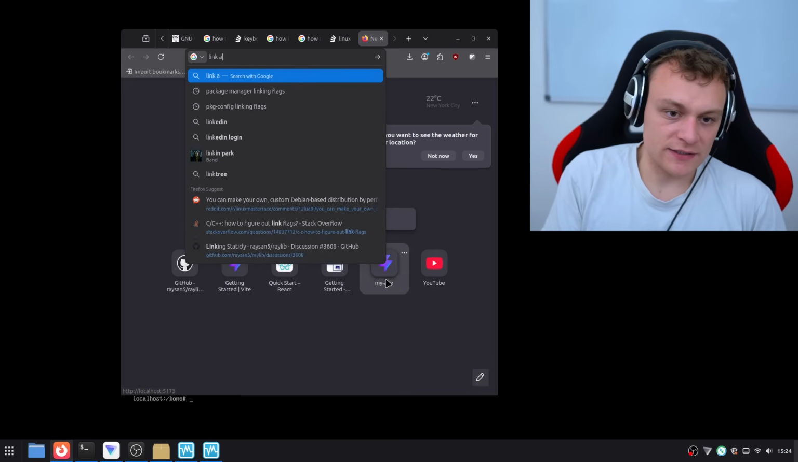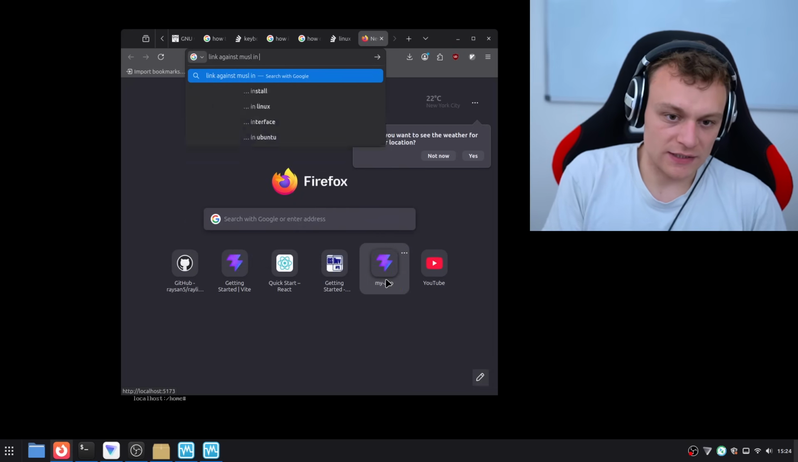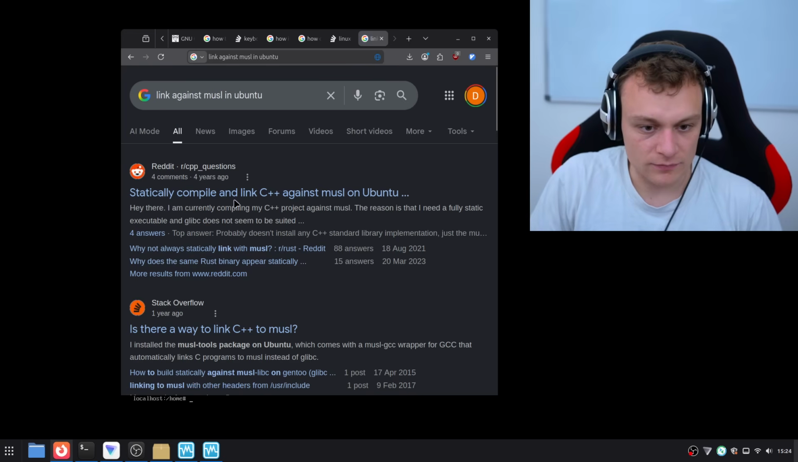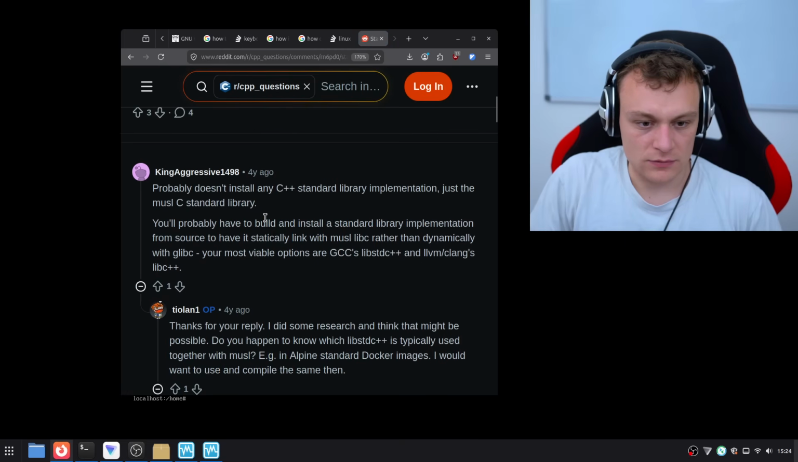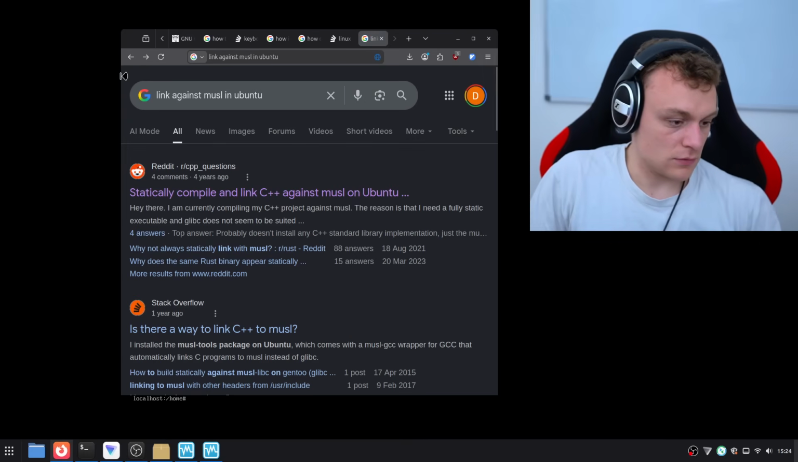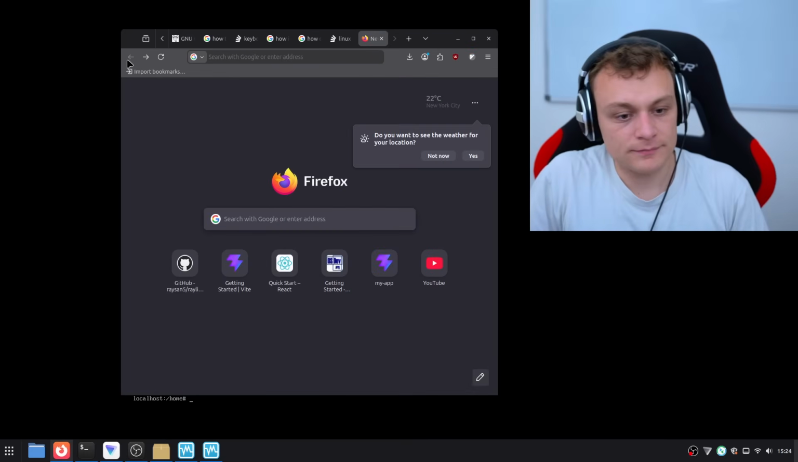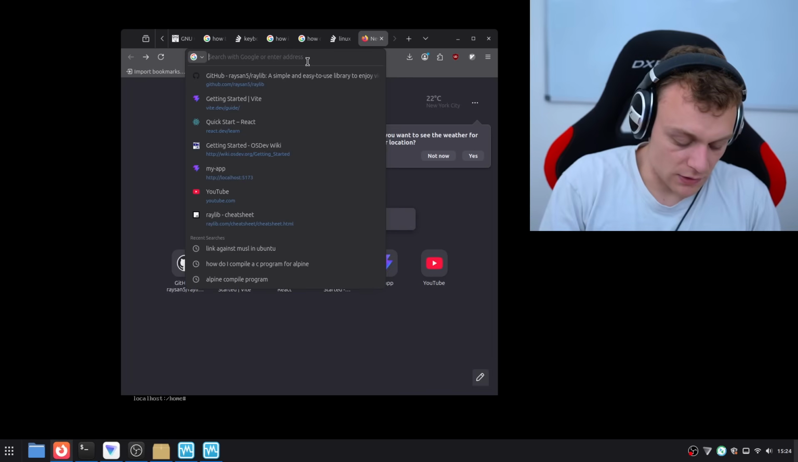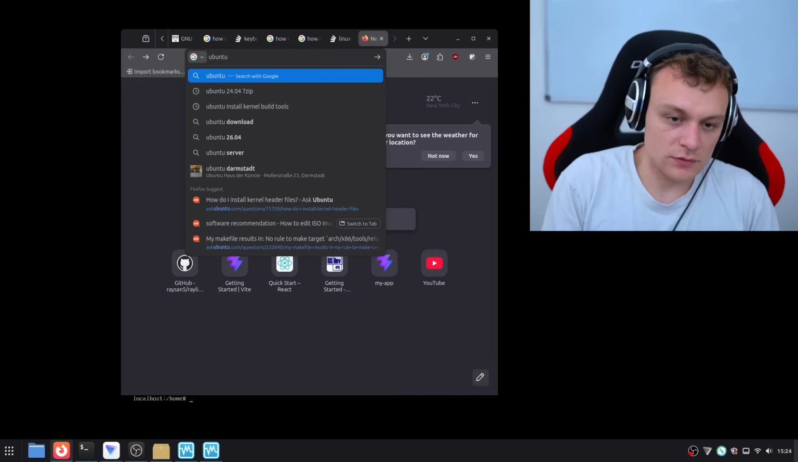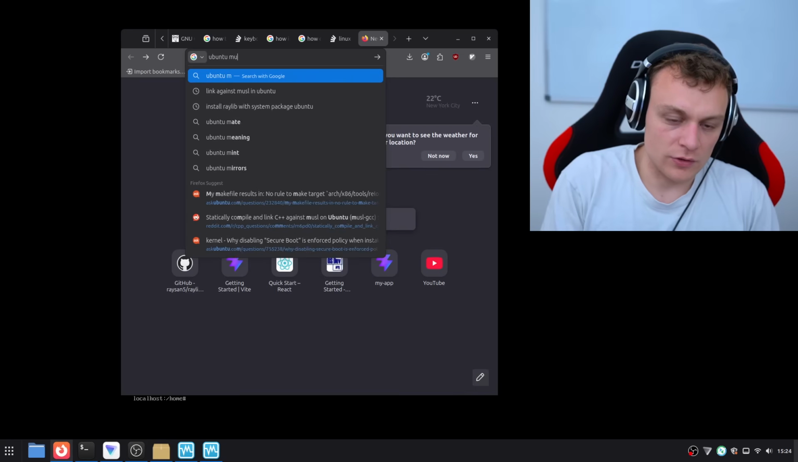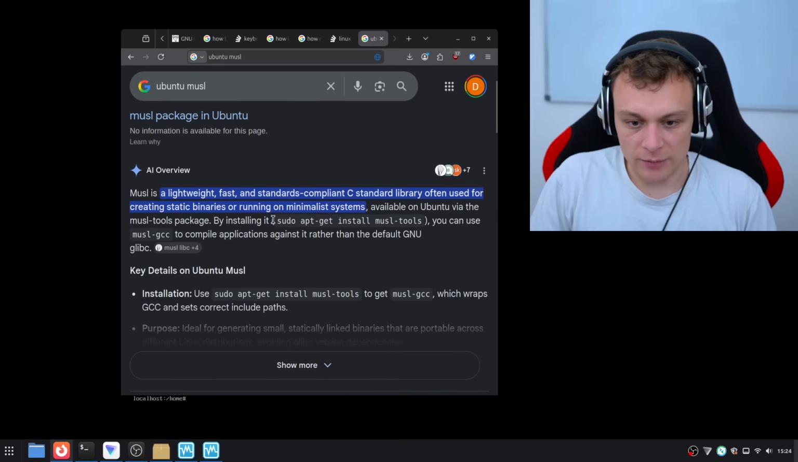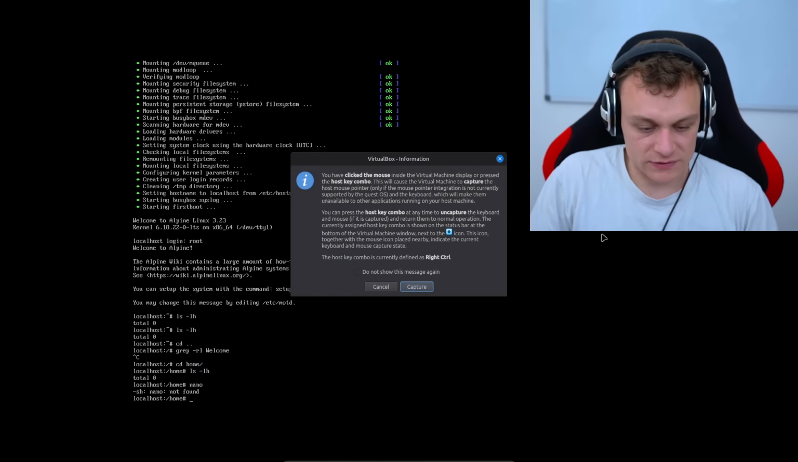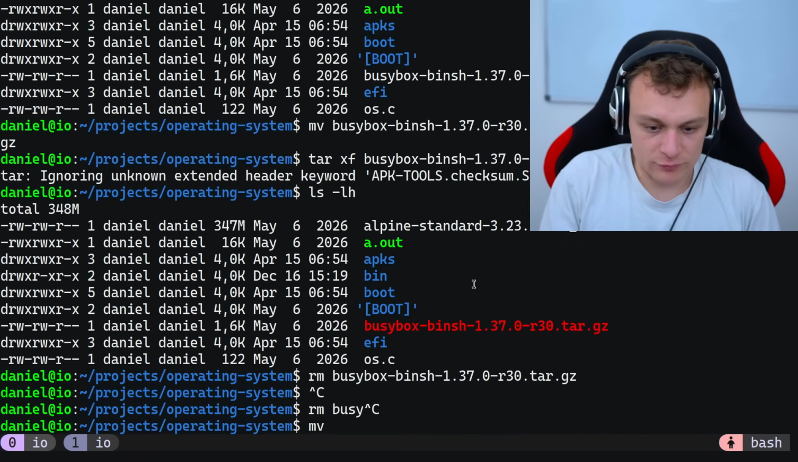Link against Musl in Ubuntu. Let's have a look. Ubuntu Musl package. Sudo apt install musl-tools. So maybe if